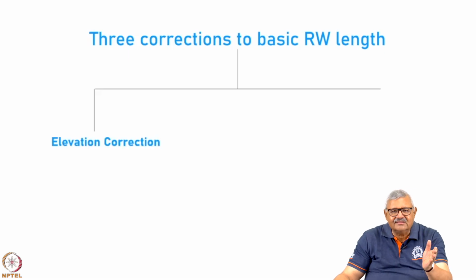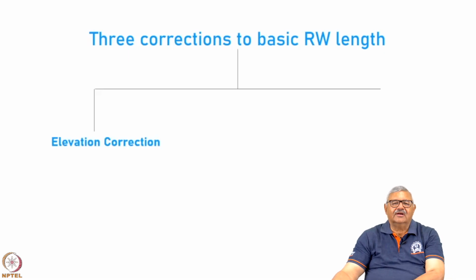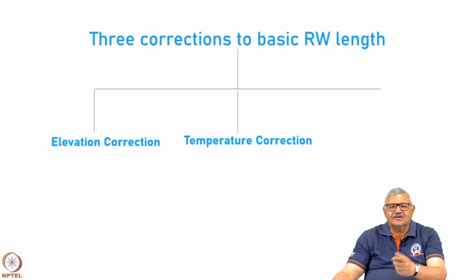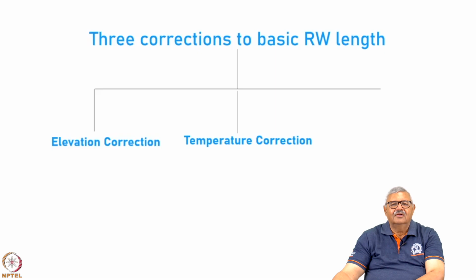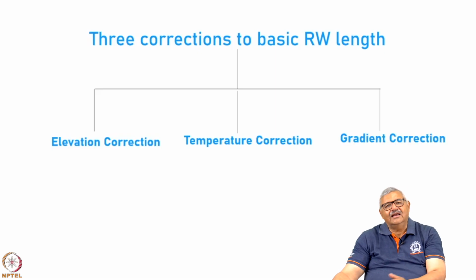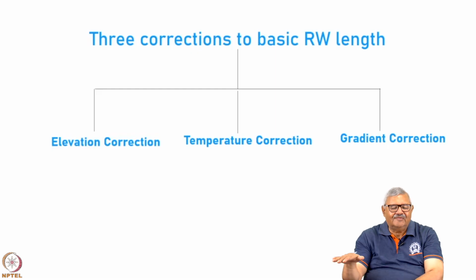So, that is why it is important to know what corrections to make. So, we make corrections in an order. First we correct for elevation, or the airport at a height other than mean sea level. After that we do the additional correction for temperature, that is, if the temperature at the airport is higher than what is expected at that altitude under the ISA conditions or the standard conditions, and then lastly we do the corrections for the gradient, because runway need not be flat.